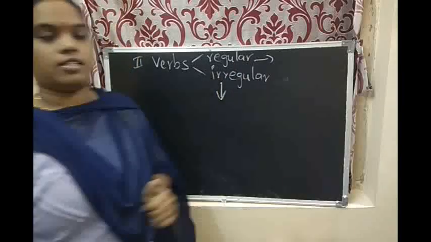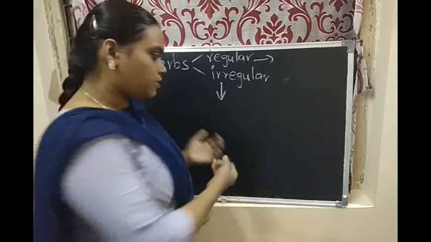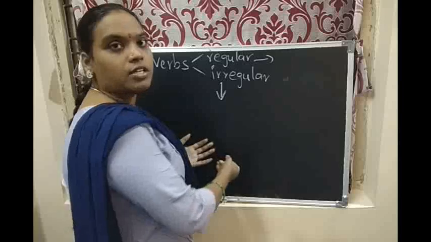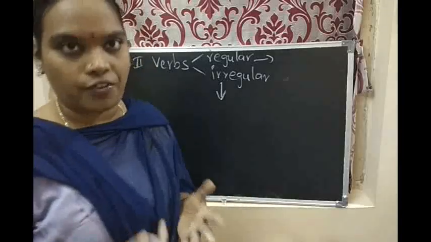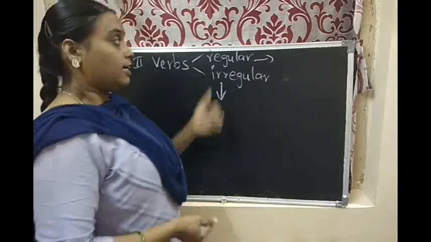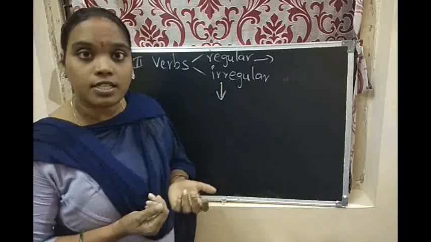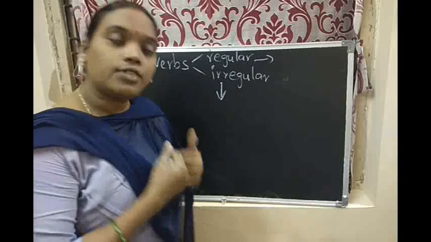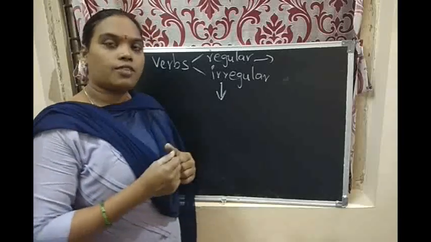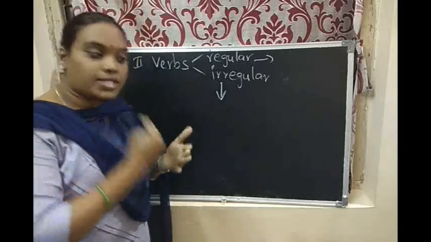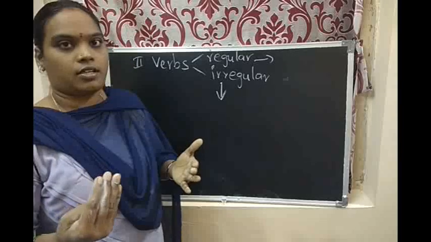Regular, we know, I have given some examples: V1, V2, V3, V4, V5. Verbs are action words. Some verbs are there that, whenever we change present tense to past tense,